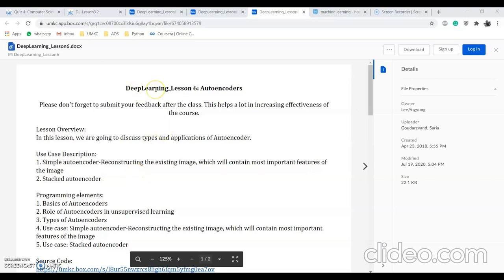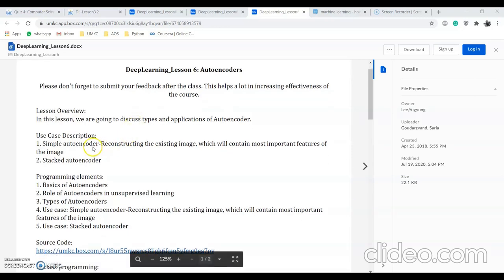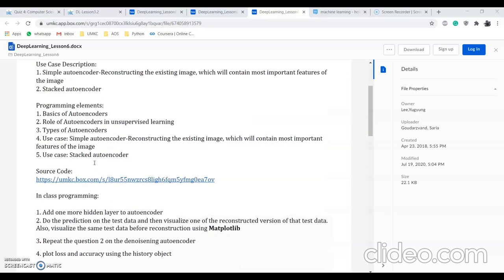Hi everyone, in this video I'm going to explain the things which I have learned and which I have implemented for my Python deep learning lesson 6. In this we have learned how to build an autoencoder and how to encode an image and how to decode an image by using an autoencoder, and also we have used two types of autoencoders, that is, one is noisy and the other is